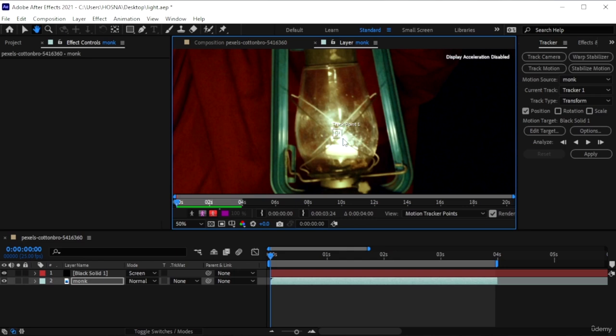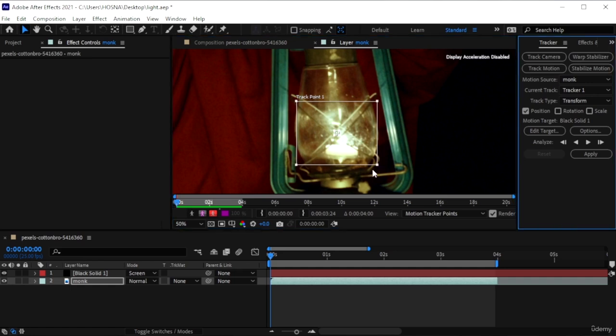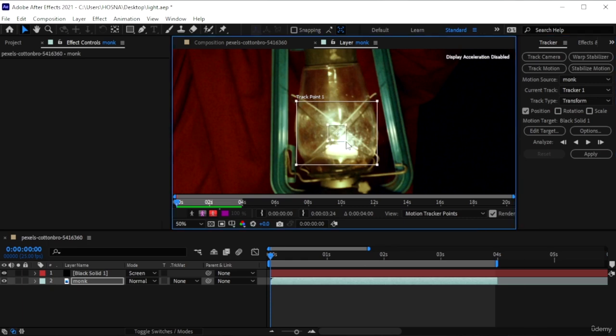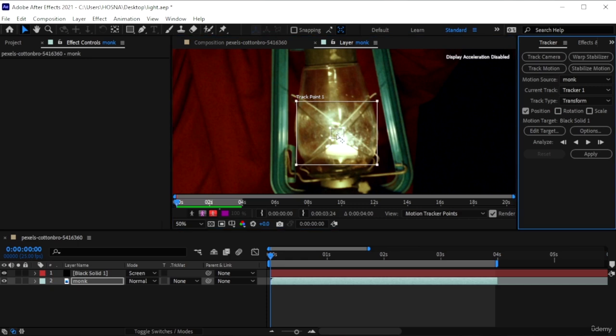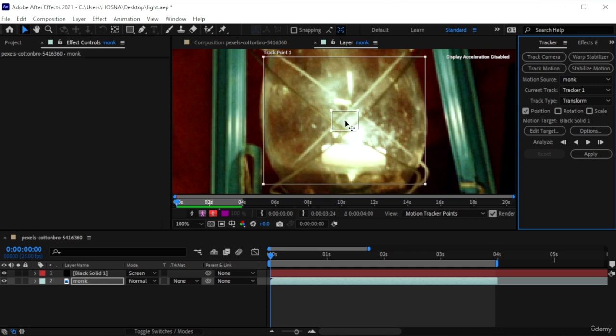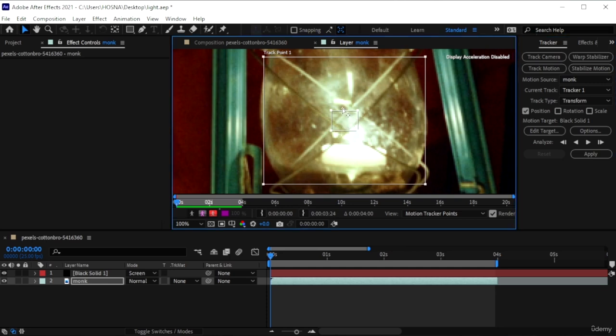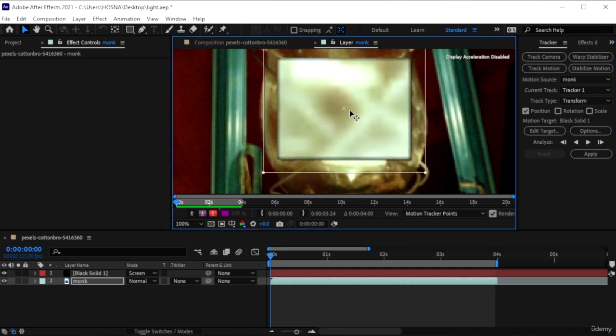I'm going to go here. Hit V for the selection tool. And again, the big box is going to tell After Effects where it should look for that point. And make sure you're at the start of your video, not in the center. So in the back, I'm going to use a big box to select the outline of this lamp. The middle box, I'm going to keep it small, and the box within, I need to find a point that After Effects can track. I'm going to go for this little part here, so I'll drag